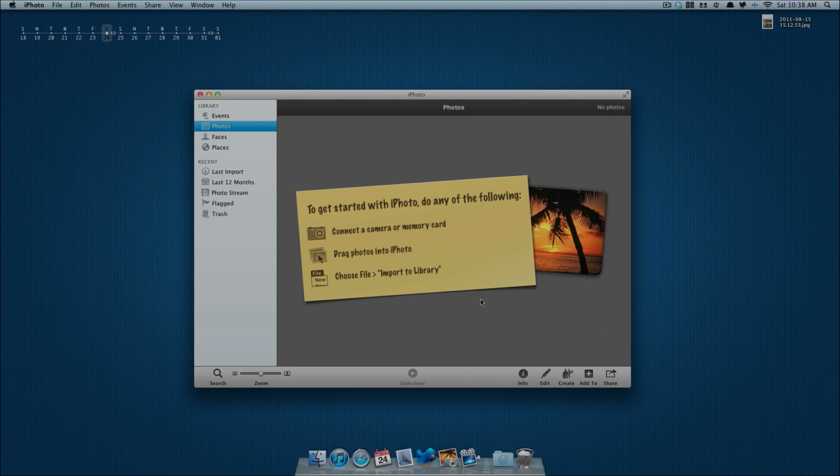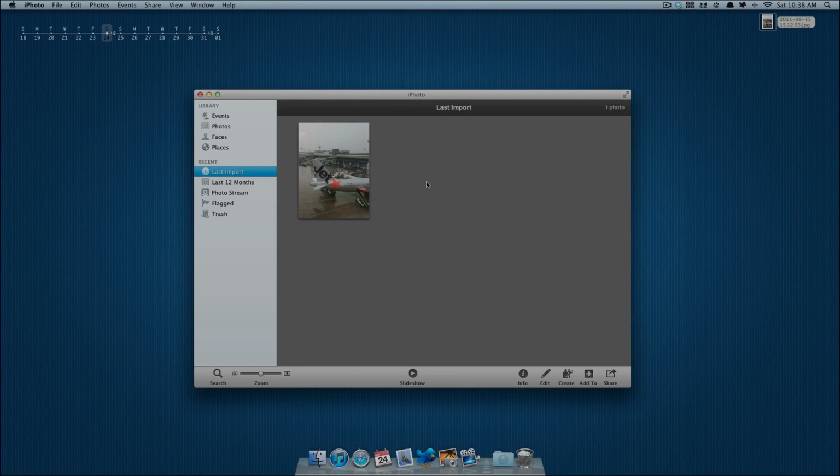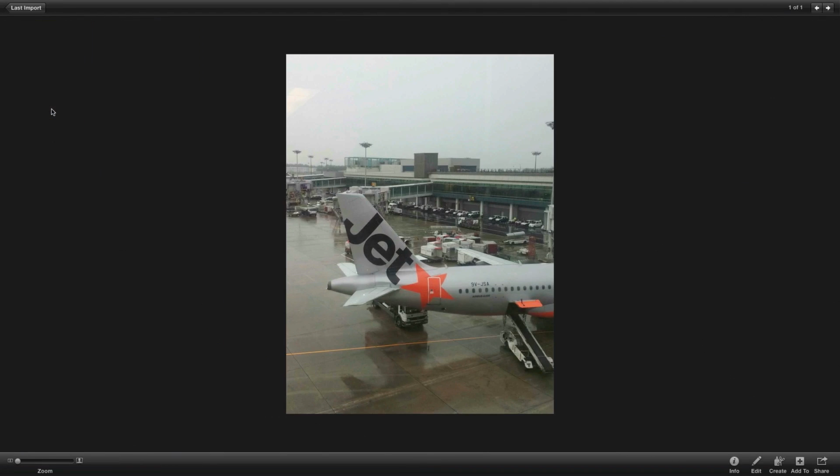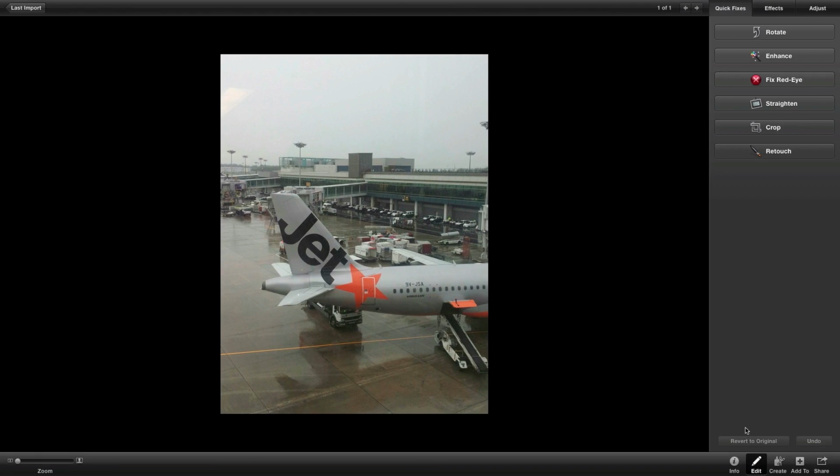Let's get started. Once iPhoto is opened, go ahead and drag in the photo you wish to edit. I'm just going to drag in this airplane image I took a while back. Double click on the image and click on the edit button to start editing. Once you're in the edit menu, you will automatically be brought to the quick fixes section